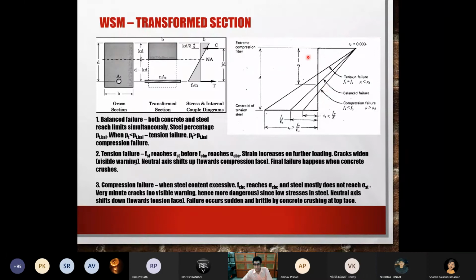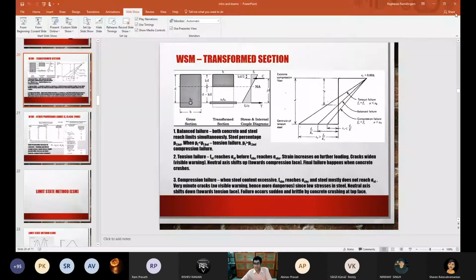So anyway, I'll repeat it. KB is the balanced position of the neutral axis. The position of the neutral axis is always measured from the top, from the compression fiber rather. When coming from top to bottom, if we identify the balanced failure to be this particular point, and the actual K for the given beam is lying below, or the value is greater, that means it is below it. So that corresponds to compression failure. Instead, if you had calculated K to be something like 0.25 or 0.26, meaning the value is lesser than KB, then it would be lying above and it would be a tension failure. So this is a compression failure.